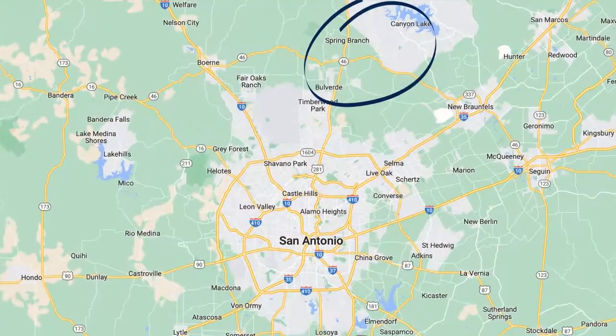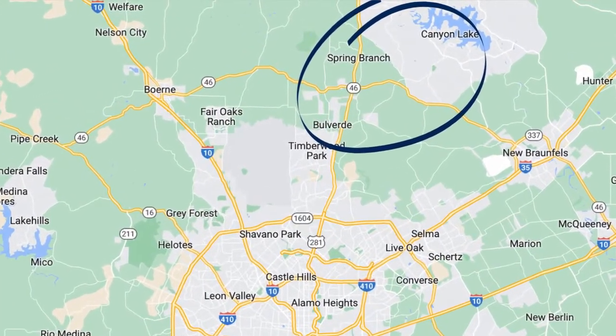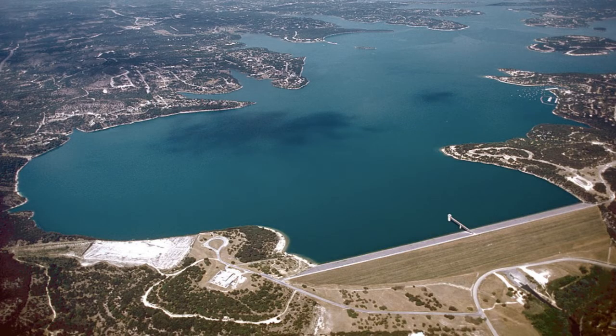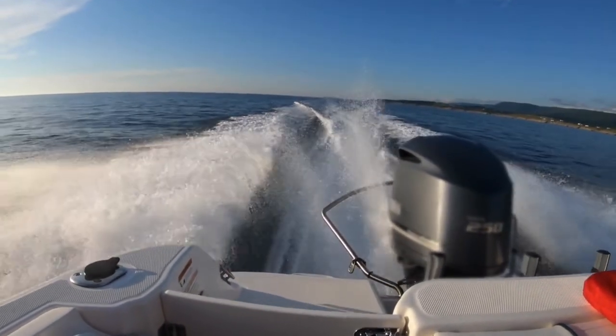On the far north side of town, straight up 281, you're going to have the communities of Bulverde, Spring Branch, and Canyon Lake. Canyon Lake is a recreational lake, so if you're into boating, water sports, fishing, anything like that, this is going to be a great area. There's a lot of new construction that's still going on in this area,